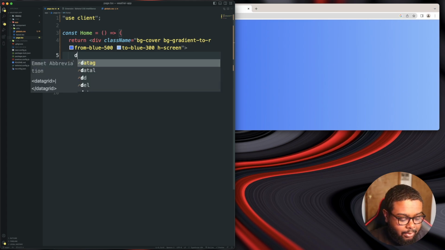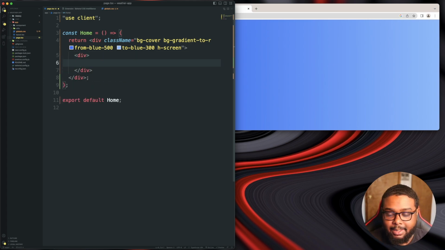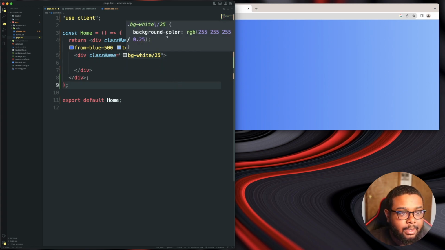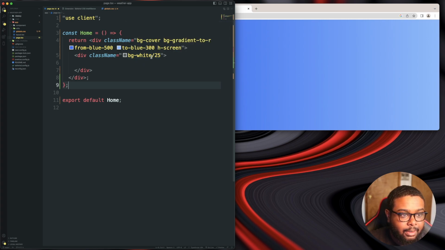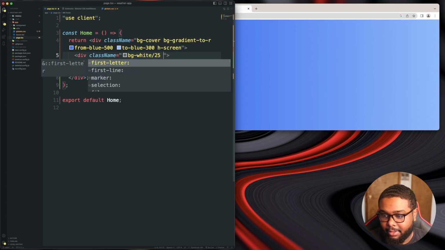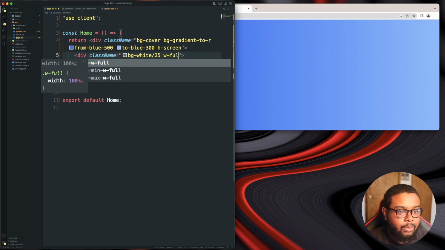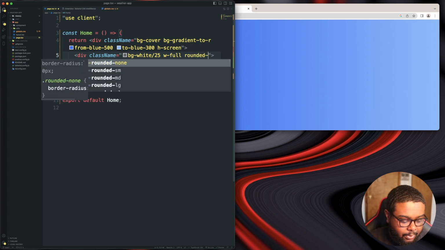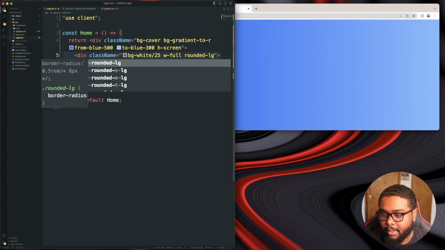And now let's do another div, and this will be our little box inside. And let's go ahead and give this a class name of bg white slash 25. And let's hover over this and see what this does. So this is background color, and it gives the white color an opacity of 0.25. So it brings the opacity down a little bit, and then we're going to do a width of full, which is width 100%. I'm going to do a rounded LG, which is border radius, and we're going to do a